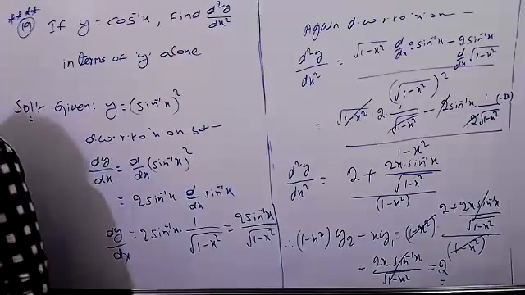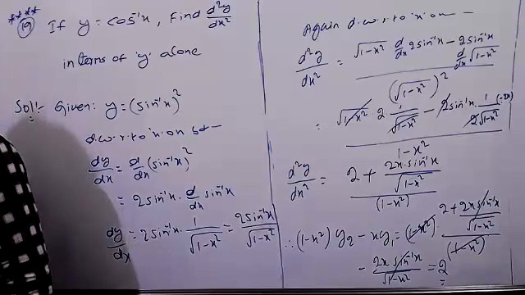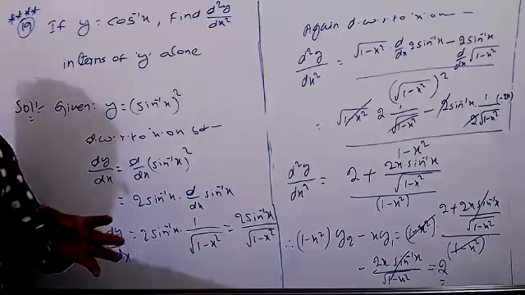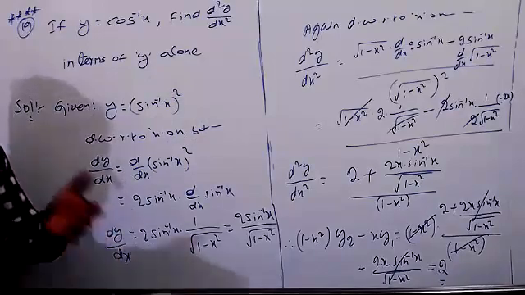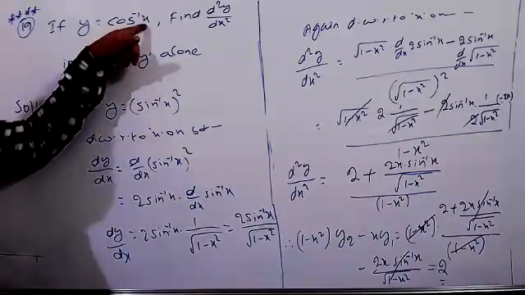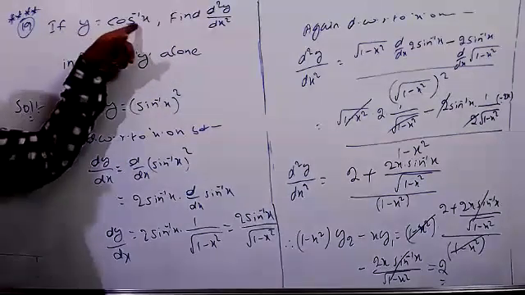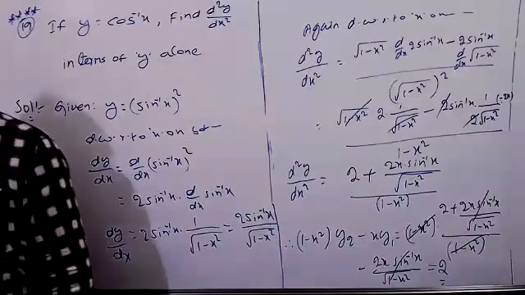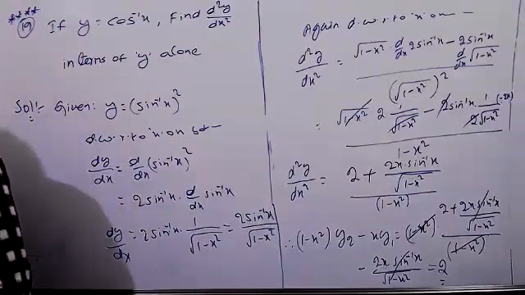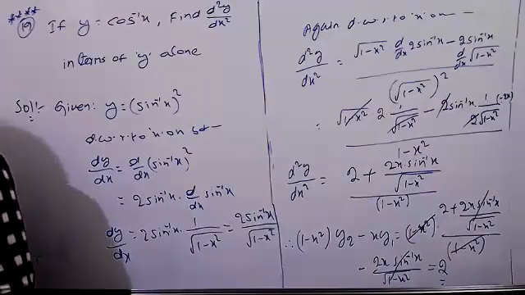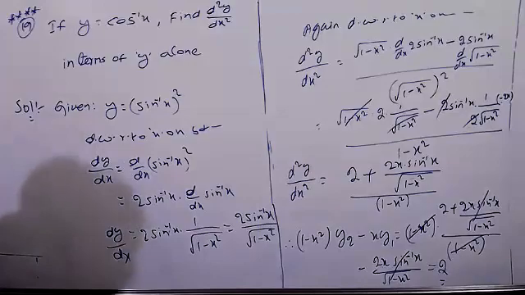What do you mean by in terms of y alone? In terms of y alone, that means the resultant answer we have to get compulsorily in terms of y. Okay, means how to differentiate the function here. Actually, the x is there now. Yes, sir, we have to eliminate this x. Means compulsorily the result will be in terms of y.